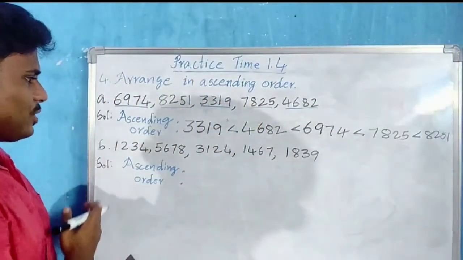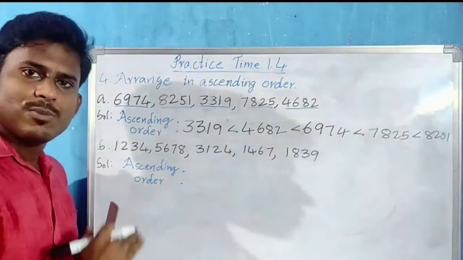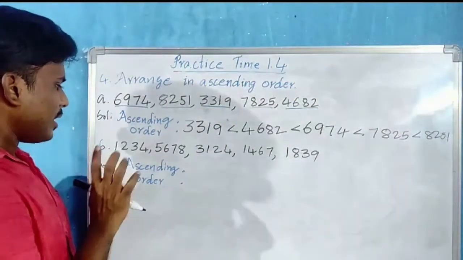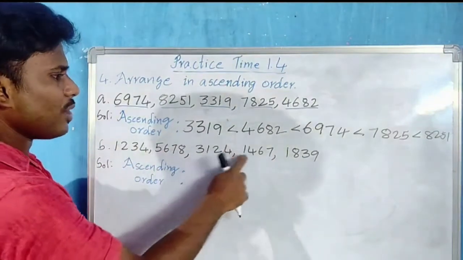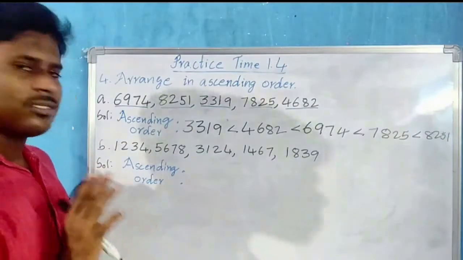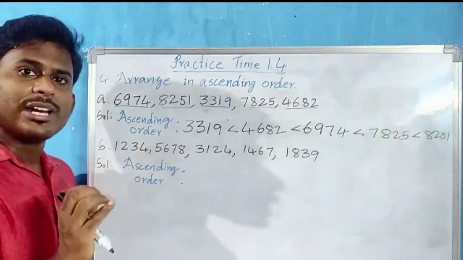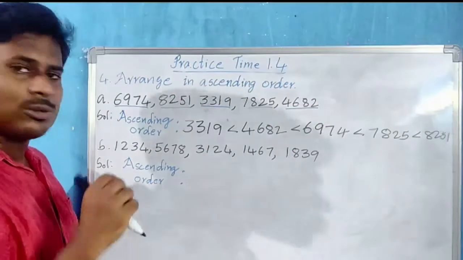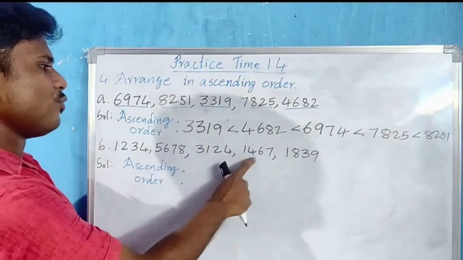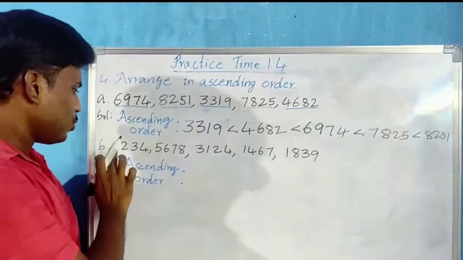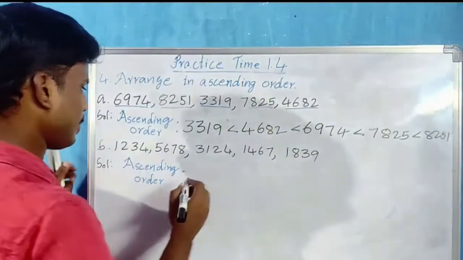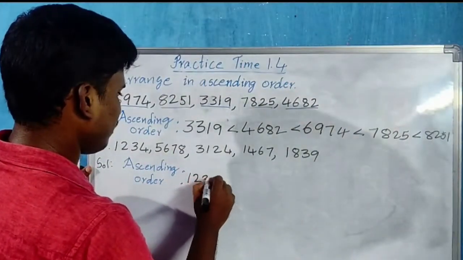If you go for the B question like this, again from smallest number to largest number, we have to look at the thousands place. Here we have 1, 1 and 1. Three numbers have 1 as the digit in the thousands place. So in order to get more clarity about which is the smallest number, you have to look at the hundreds place. In the hundreds place, here we have 2, here we have 4, 8. So 2 is the smallest of these digits. So this is the smallest number. So 1234 is the smallest.